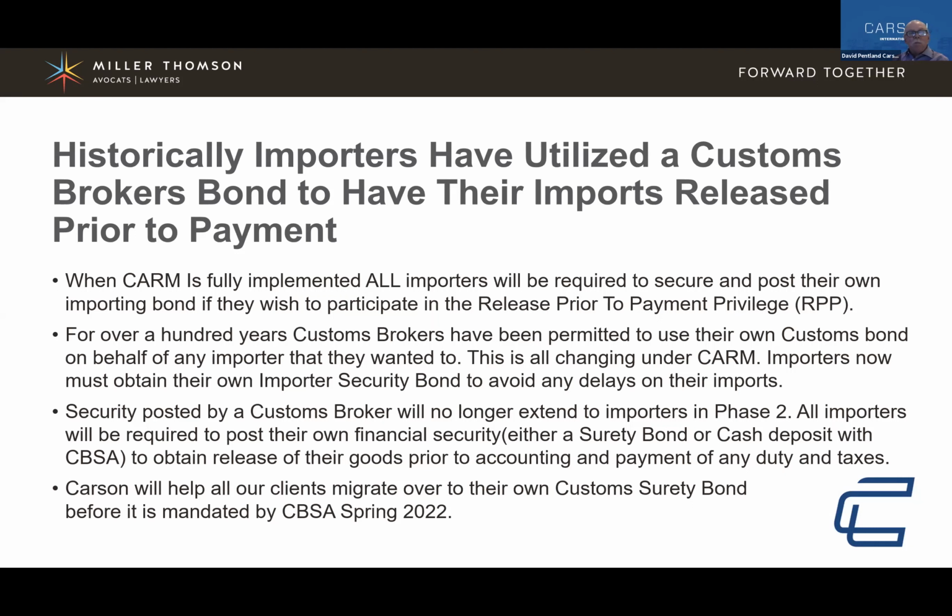The goods leave the border, get to wherever they're going, entries are processed, they're cleared, and the government of Canada knows they're not going to be out any money because it's on the surety bond of the broker. The government of Canada, having looked at it, says, you know what, we really should be looking at that. And if we're going to allow people to continue to release prior to payment at the border, all the importers should have their own surety bond. So that it's a monster number of importers, and